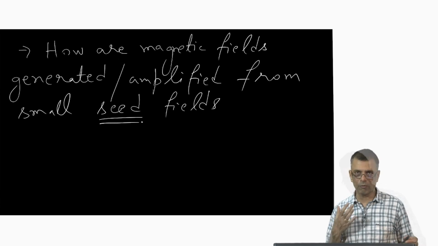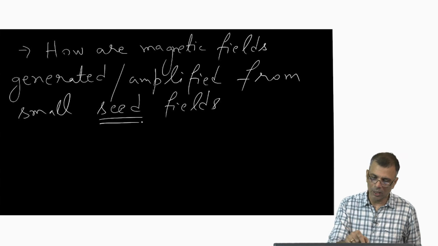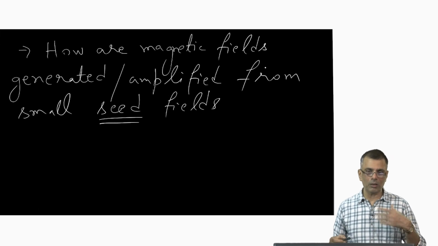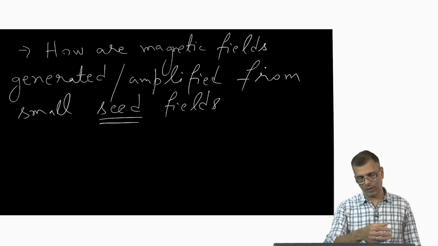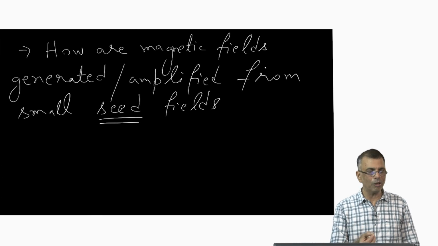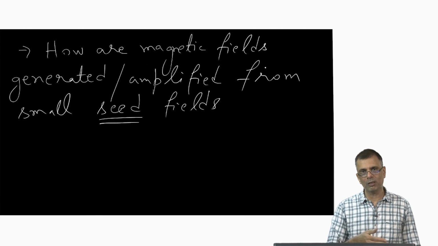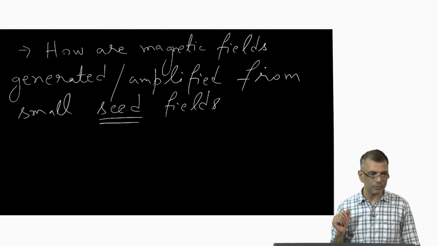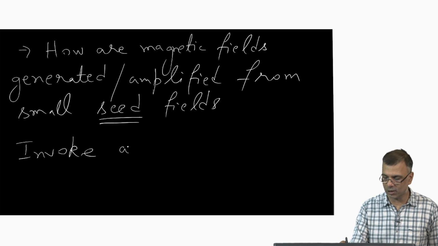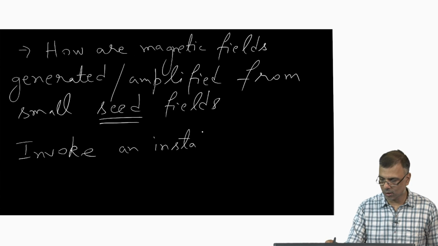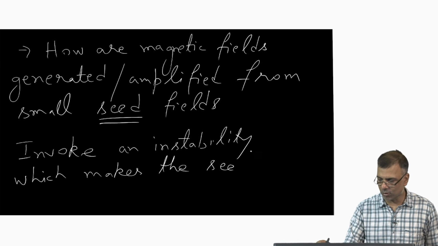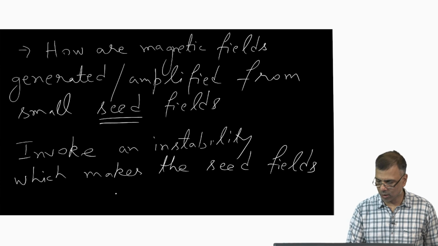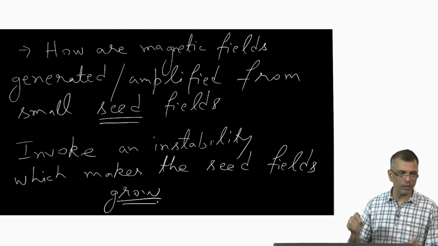So, a given picture, a given understanding of a magnetic field dynamo has first got to address this question, which is: how are magnetic fields generated or amplified from small seed fields? So, this is one question. A slightly more elaborate way of considering this question is you have to show that the presence of a small seed magnetic field renders a system of MHD equations unstable with time, so that you show and invoke an instability which makes the seed fields grow. So, this is one ingredient of